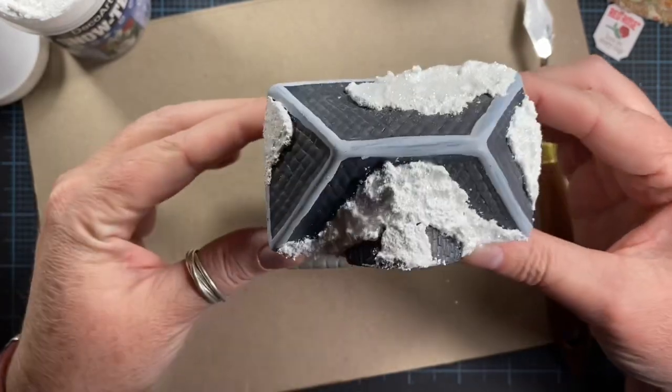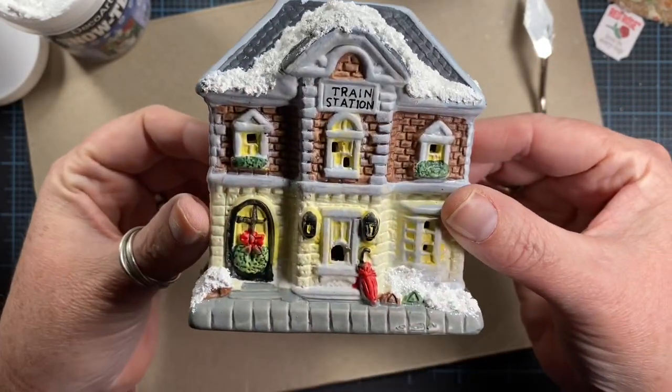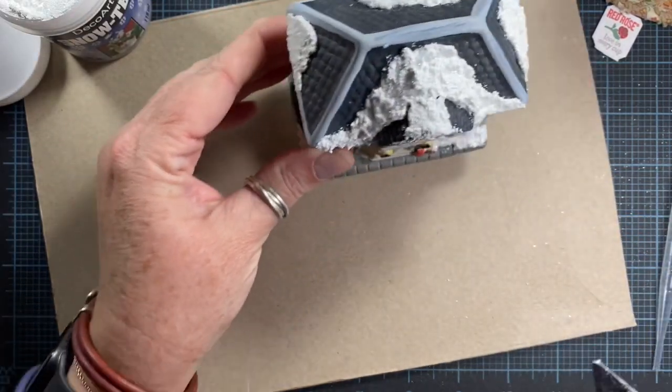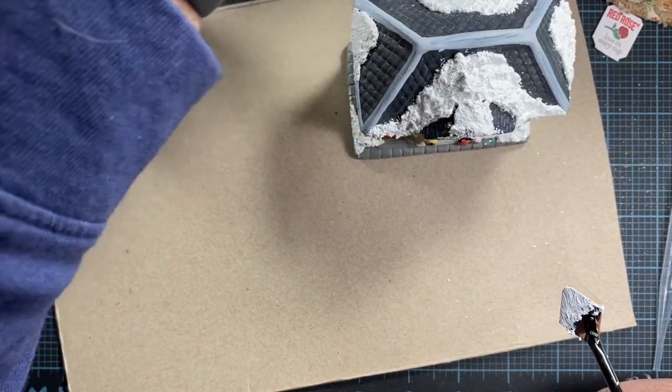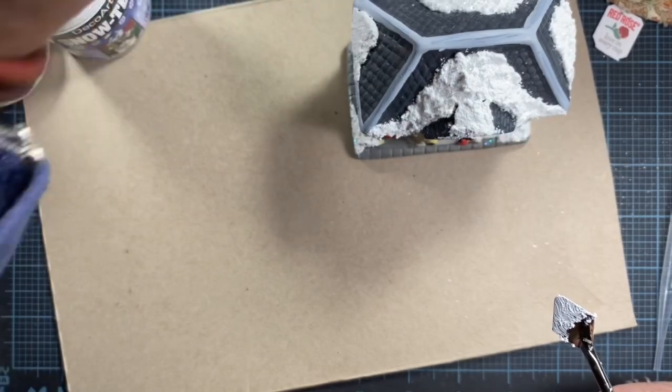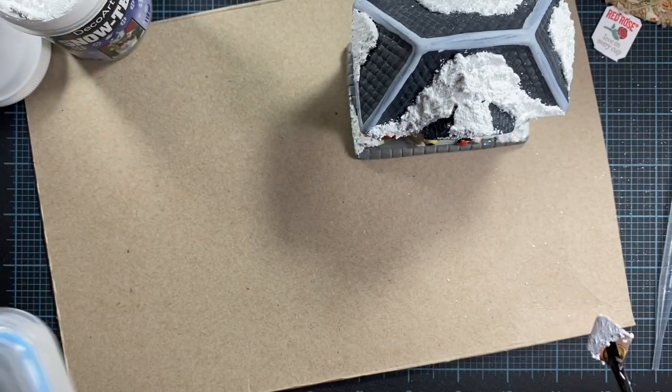So I think that looks much better, don't you? And so easy. So I'm going to go ahead and move on with the fire station and the little Victorian house here, but I'll go ahead and speed up the video for you so you can just watch and enjoy the